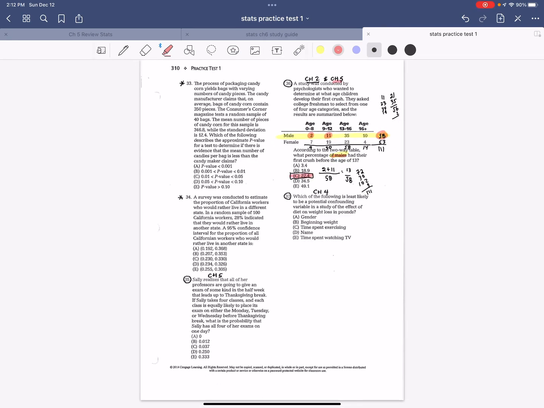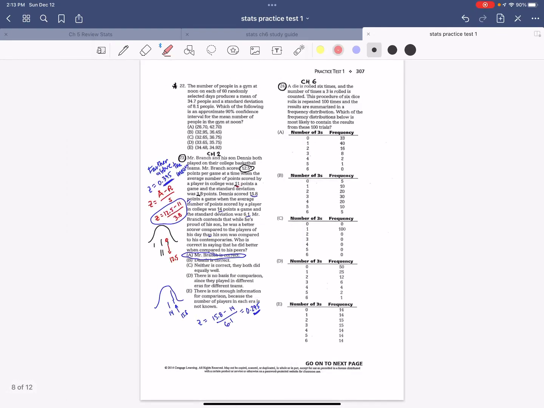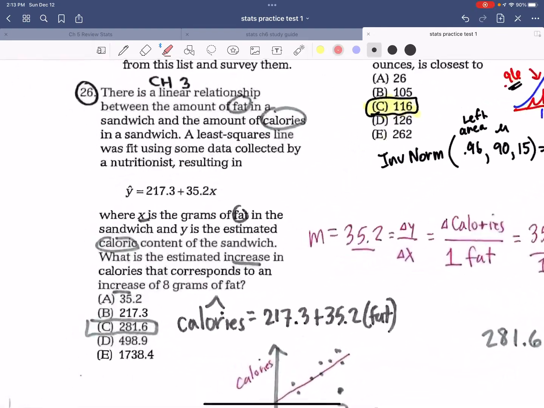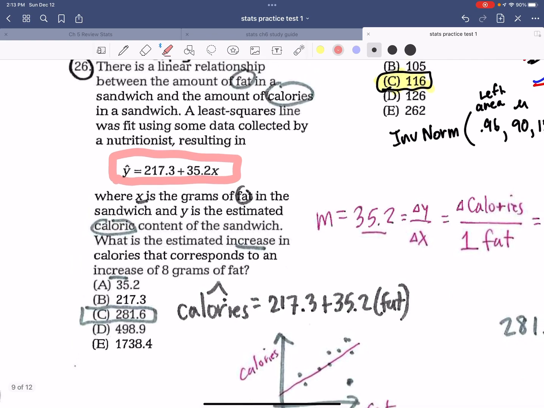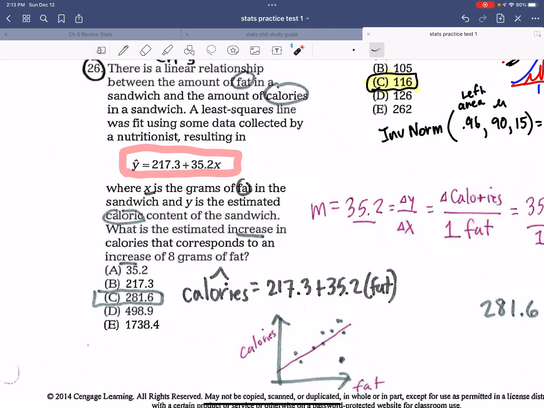All right, chapter 3, 26. I did this one in period 3, but not period 4. So let me explain my notes here. It says there's a linear relationship, which tells us that this is the equation of a straight line between fat and calories. And the least squares regression would be a line of best fit. So we should be thinking in our head that if we graphed fat and calories, the more fat there is in a certain food, probably the calorie intake would go up as well. And all this is doing is making a line of best fit.